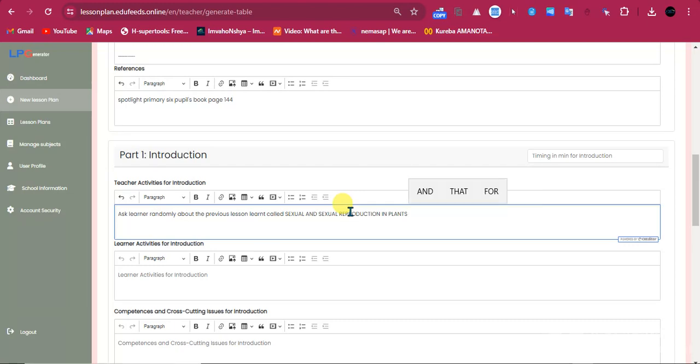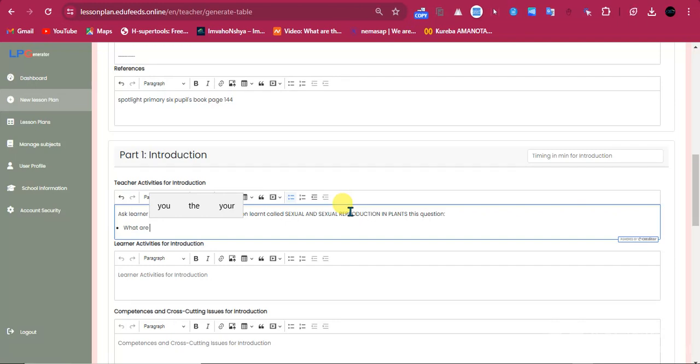Asking this question, it is better to mention it in your plan, it is planning. And then which is this one, even in types, right? What are the types of plant reproduction?